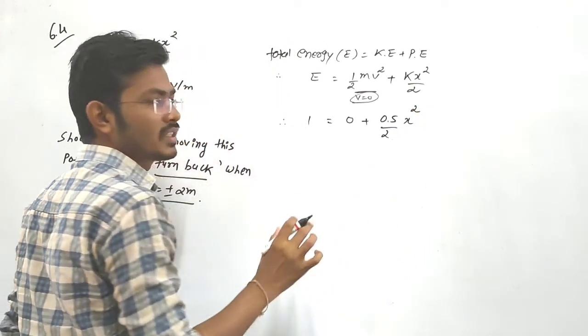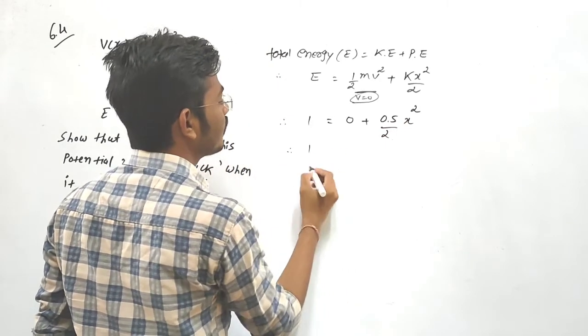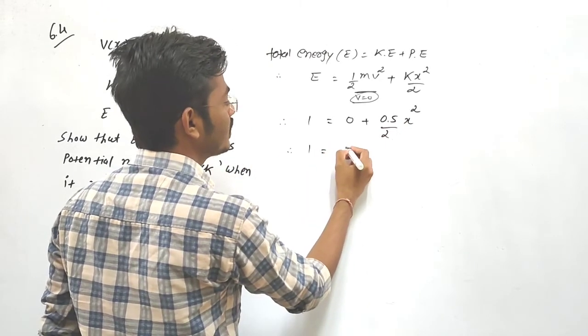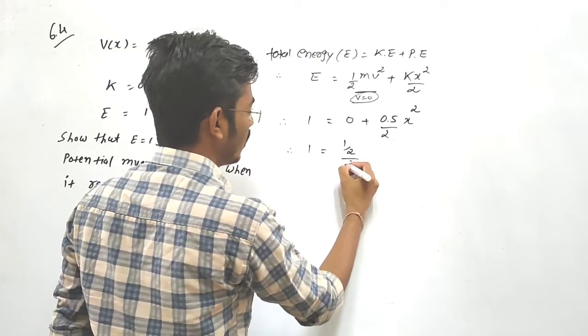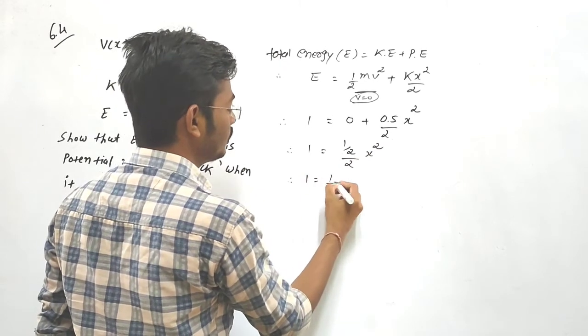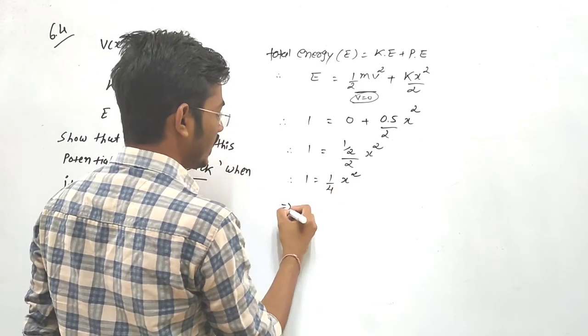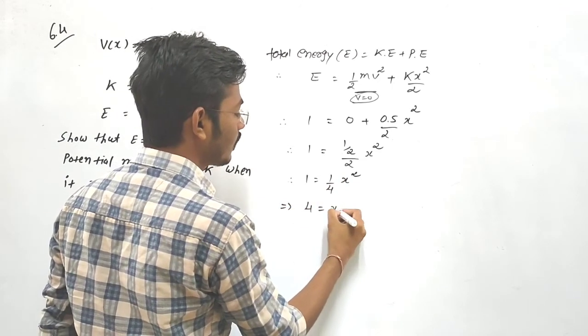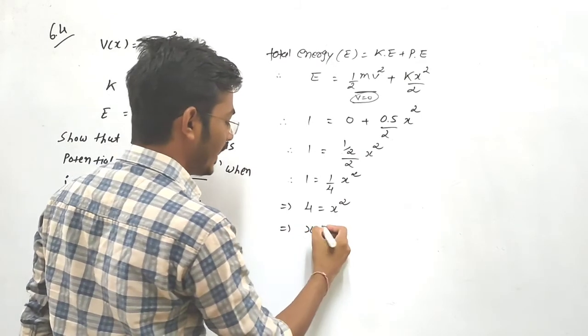ठीक है. So equation किसका obtain करना है? We have to obtain the equation for this x. So therefore simplification करें तो 0 plus this one, that means 0.5 की जगह पे हम क्या लिख सकते हैं? 1 divided by 2, or divided by 2 as it is into x square. ठीक है. So 1 is equal to 1 divided by 4 into x square. So therefore 4 is equal to x square. So therefore इसका root निकालेंगे तो क्या हो जाएगा? x is equal to